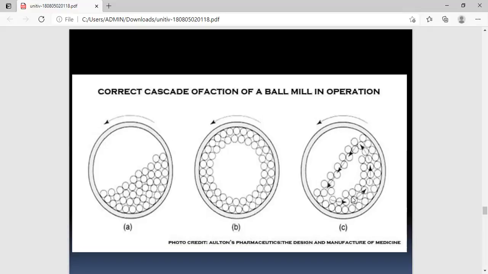So in the third, when the speed of rotation is less than the critical, what happens is part of the material is sticking to the inner shell, and part of it is falling down. So some part will have attrition on the way it is going up, and then on the way when it is falling down, size reduction will happen due to gravity.